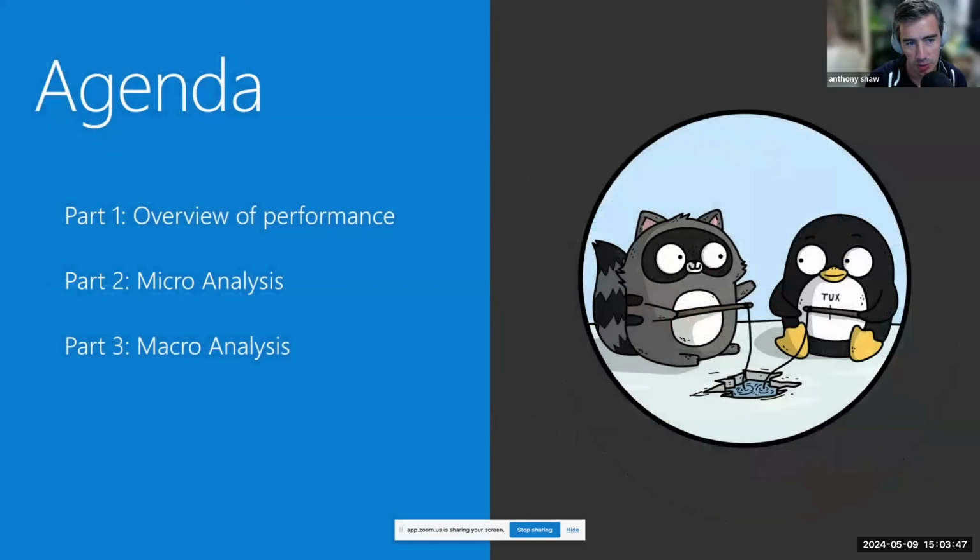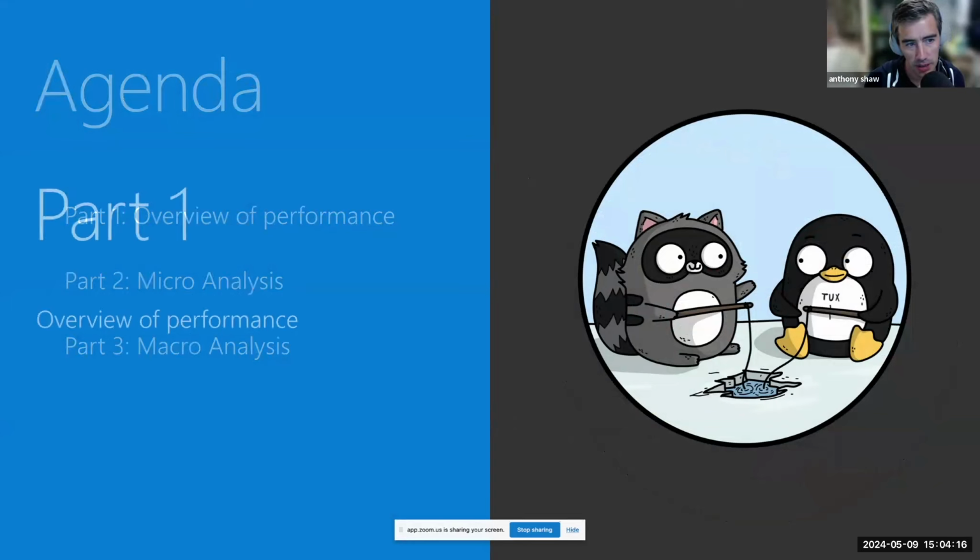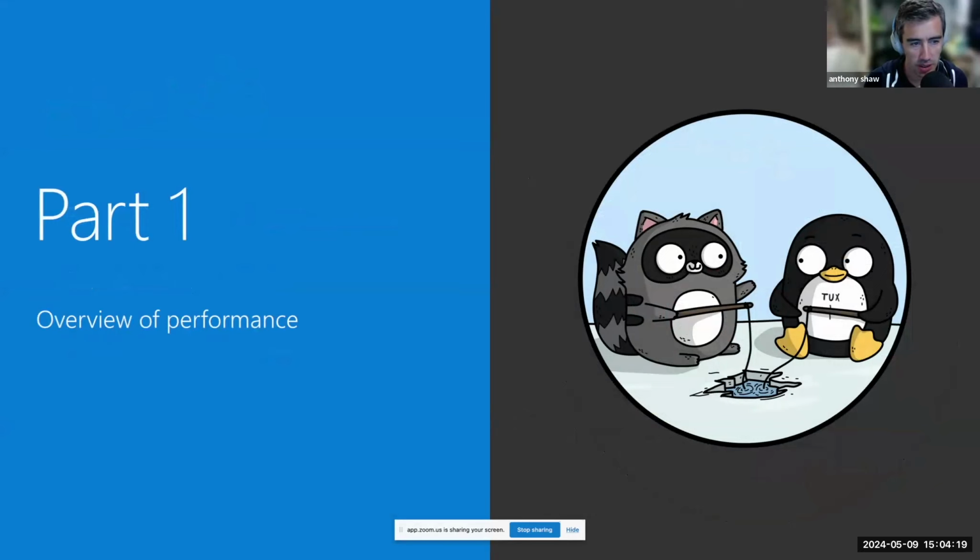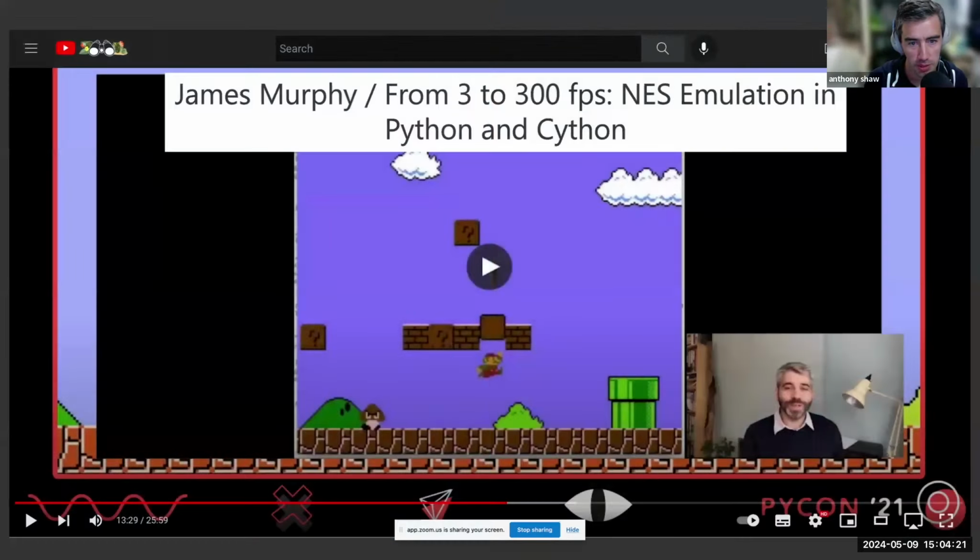So we're here today to talk about performance in Python. And we're going to do that in two areas: microanalysis, which is the analysis of small things. So that is zooming in and doing optimizations on small pieces of code. And we're also going to look at macroanalysis, which is looking at the whole system or the whole application. A big focus of my talk is going to be on benchmarking and measurement of performance. And first of all, we're just going to have a look at an overview of performance.